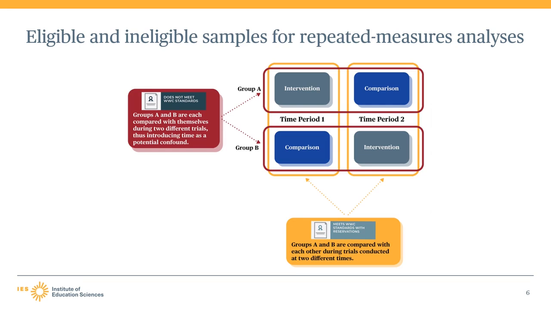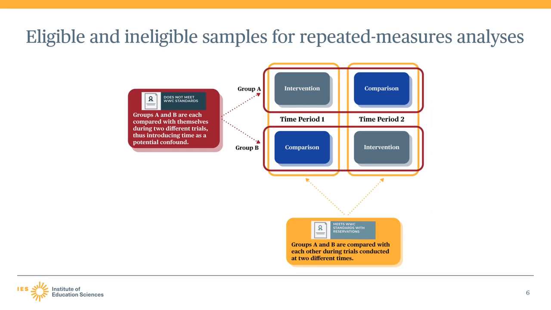Students in Groups A and B receive the comparison condition when not receiving the intervention. This type of design is often referred to as a crossover design or switching replications design. If the study authors examined the impact of the intervention separately in each period by comparing students who did not receive the intervention in that period with the distinct group of students who did receive the intervention, then this study would be eligible for review as a group design study, and its findings would have the opportunity to meet WWC